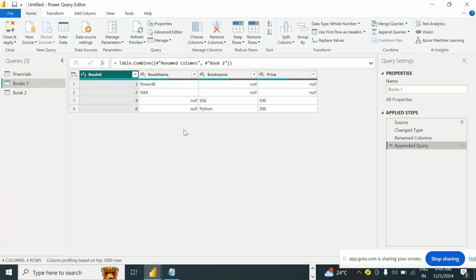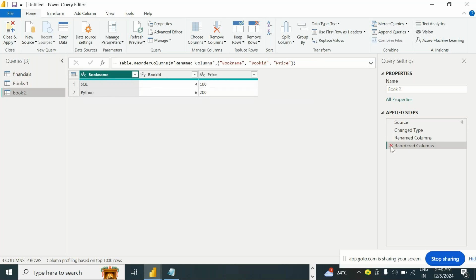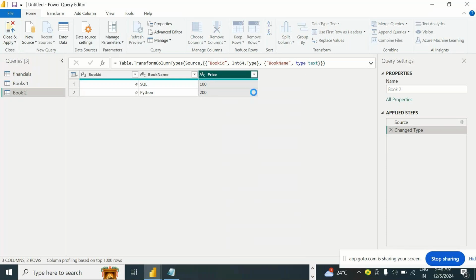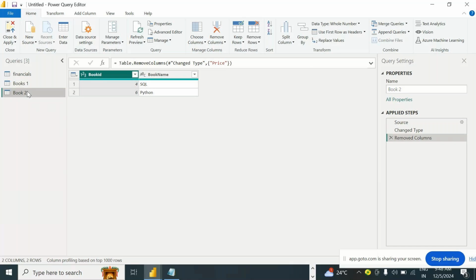Now, the append operation that we performed changed the data of book one. Let's assume you don't want to change book one. You want to create book one and book two data together in a single, separate table. I have book one with two columns, book two with two columns. If I want to get the combination of records